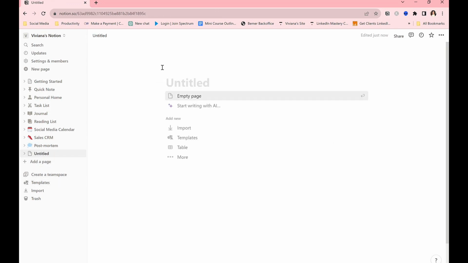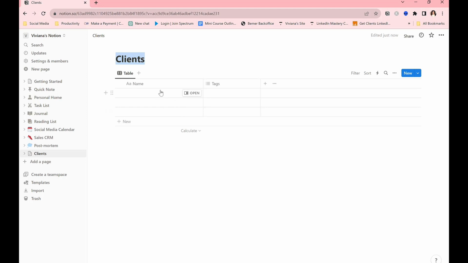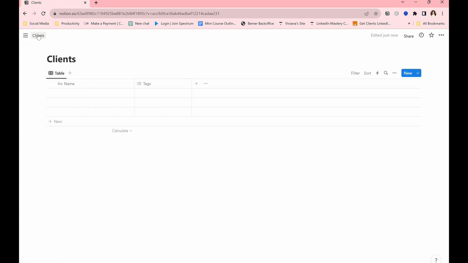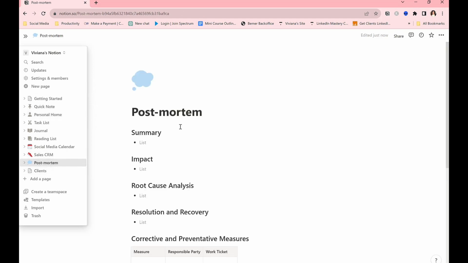And you can also add your own page. So see over here, you can add pages here, you can add pages here, and you can label your pages however you like. You can create your own database, or you can incorporate ones that you have already created into this page. If you're new to this, it may sound a little more complicated than it looks. But once you navigate through, you're going to be a lot more fluent in creating